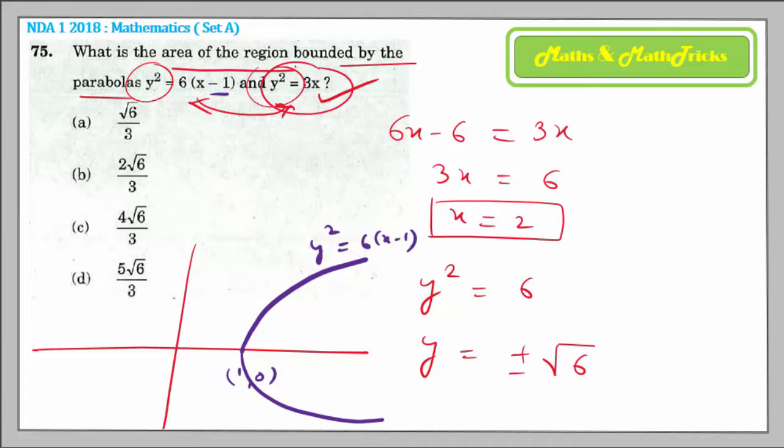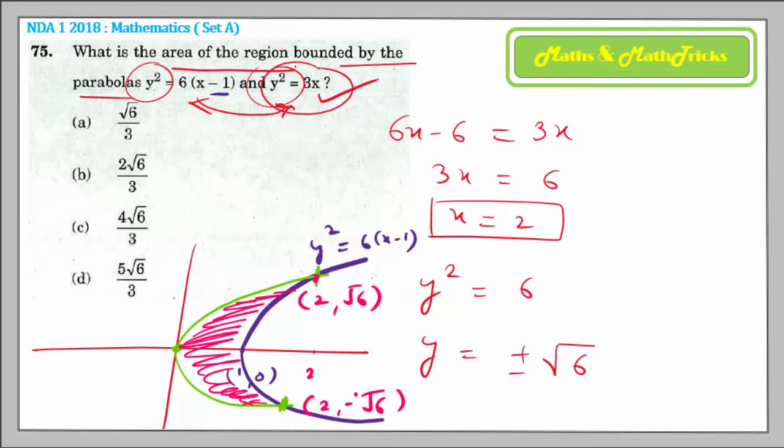Now the another parabola there is, that is our y square equal to 3x parabola. So let's have a look at that parabola. How does it look? The vertex is 0, 0, and both are going to meet at some point. Okay, those points of intersection we have already calculated. Let us mark those 2 points. They are meeting at x equal to 2. The y is positive root 6 in the first quadrant, and in the fourth quadrant it is minus root 6 coordinate. Isn't it? So this is the required area we are supposed to find out,